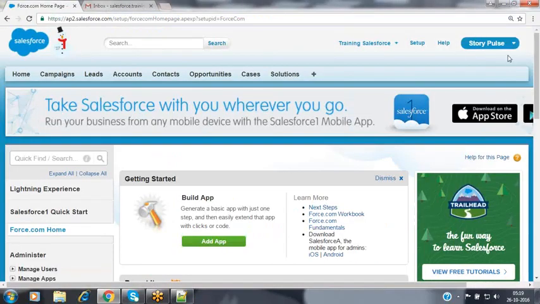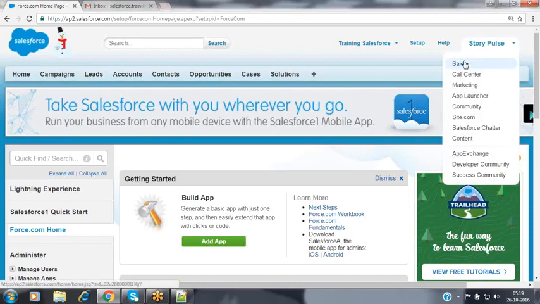So this is called the app launcher, where whatever applications are given by Salesforce to you by default as standard applications, like Sales, Call Center, Marketing, and then at the end of that, it will add your application name. So when we click on that application name, we automatically jump into the new application which we have created. If you want to customize the order of those application names inside the app launcher, we have discussed those options also.